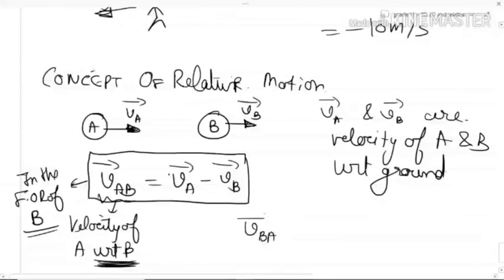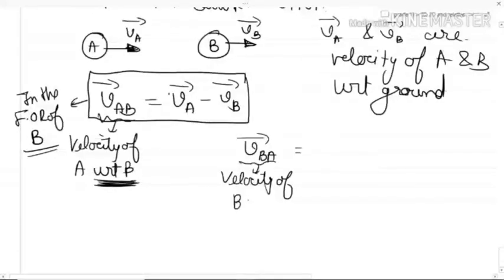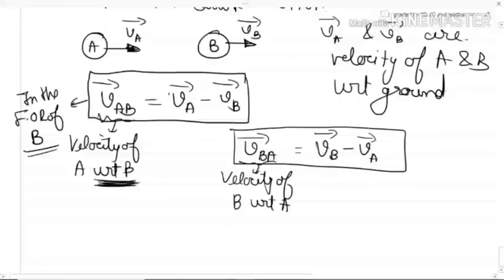Similarly, velocity of B with respect to A. We'll see some questions based on relative motion, and then we'll see how easily it makes things. So VBA is basically VB minus VA with a vector sign. Don't worry, we'll do these questions in the relative motion part, but if you want I can continue the same lecture, no problem. Okay, is this clear, guys? This is the concept of relative motion.